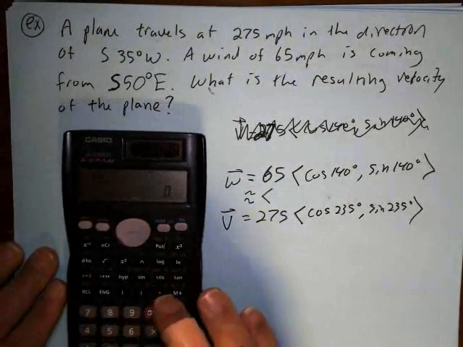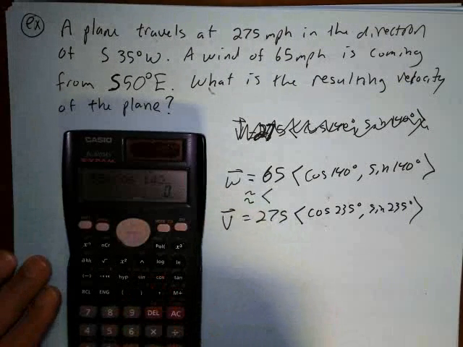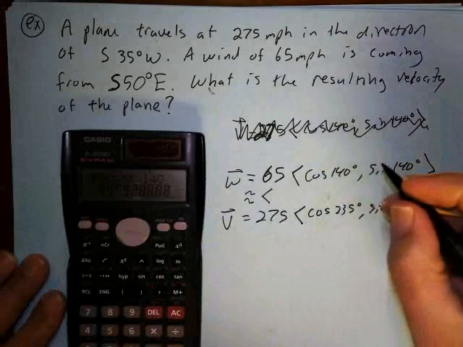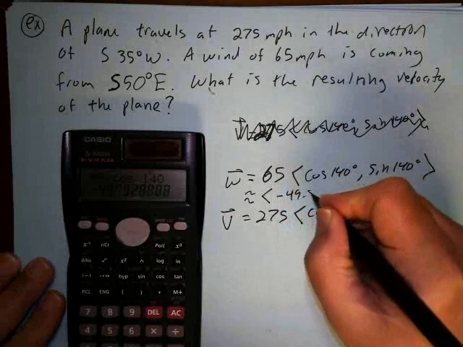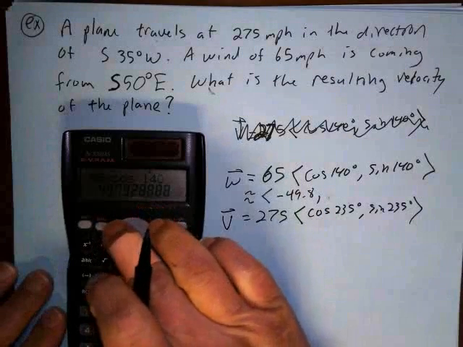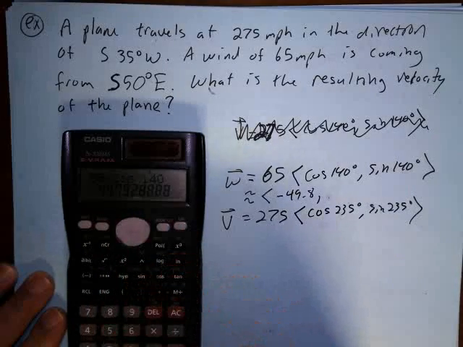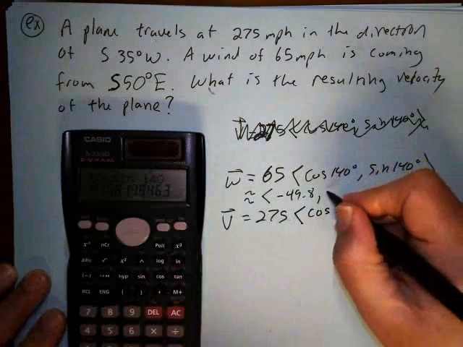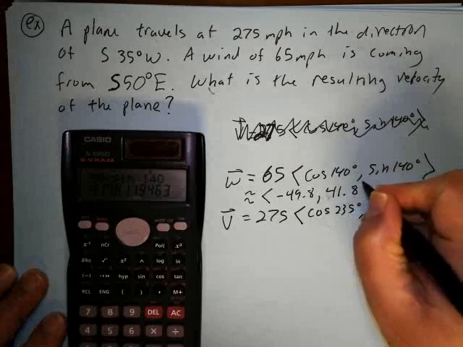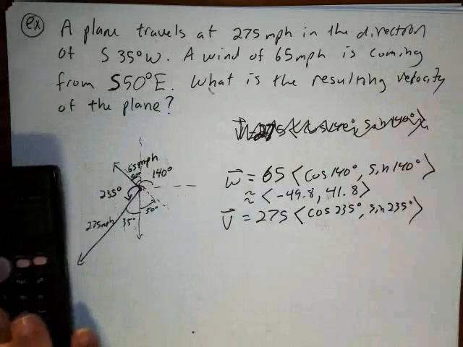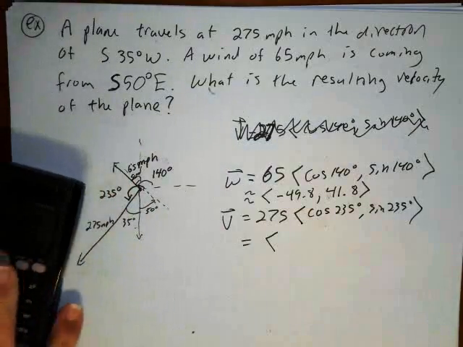So I have 65 times cosine of 140, and that's negative 49.8. We'll do it just to the nearest tenth, and then change this to a sine, and I get 41.8, positive 41.8. So that's this vector, and now this vector,